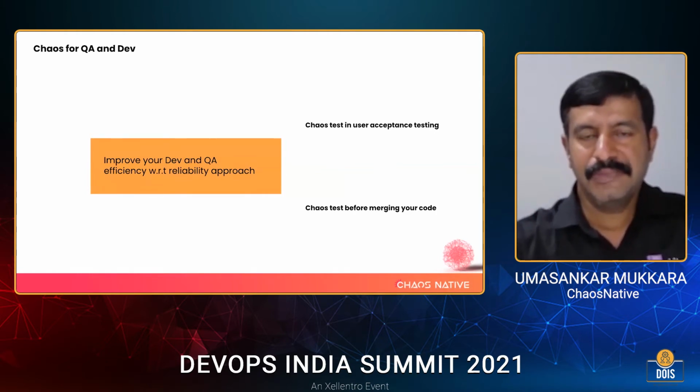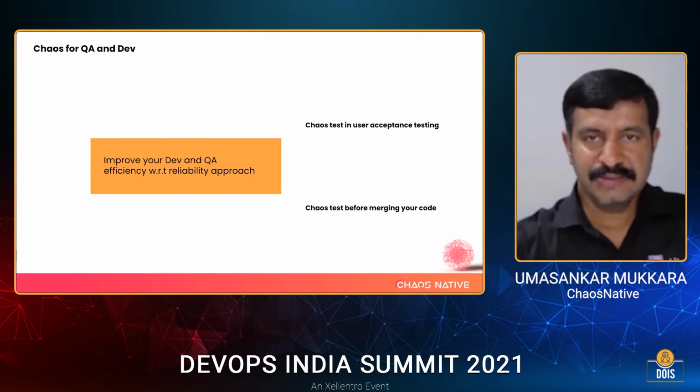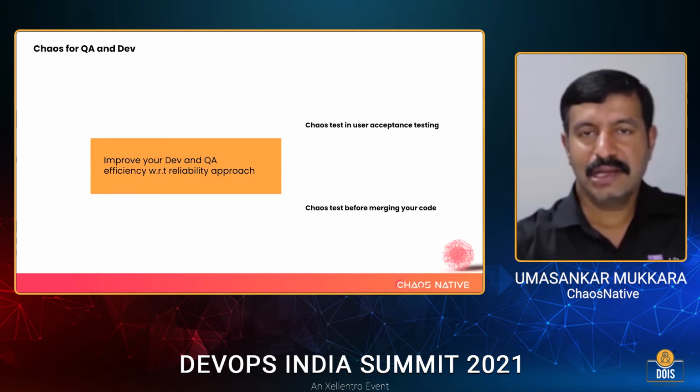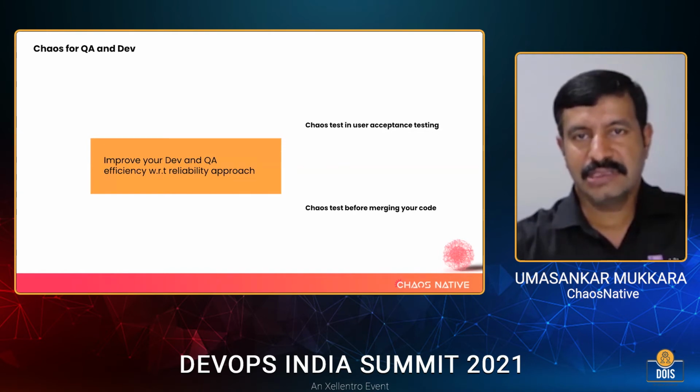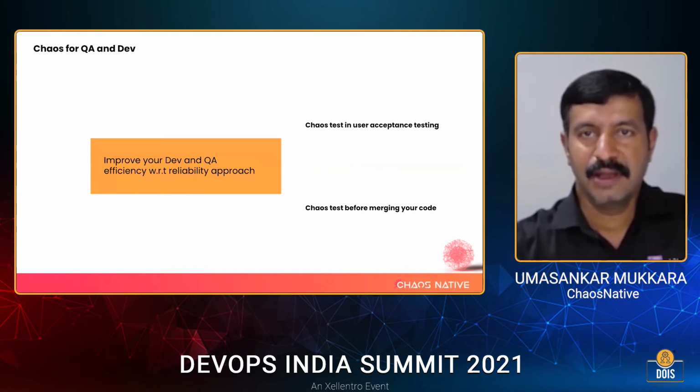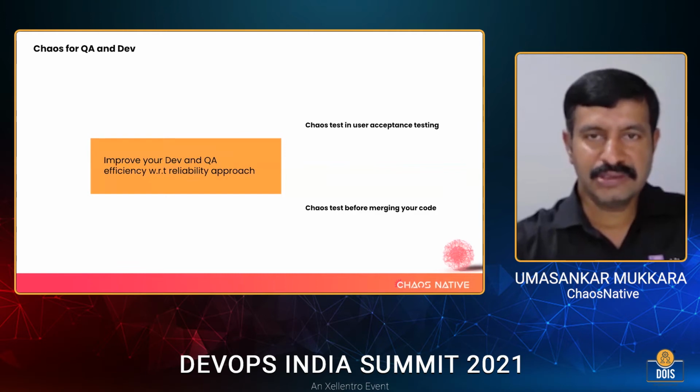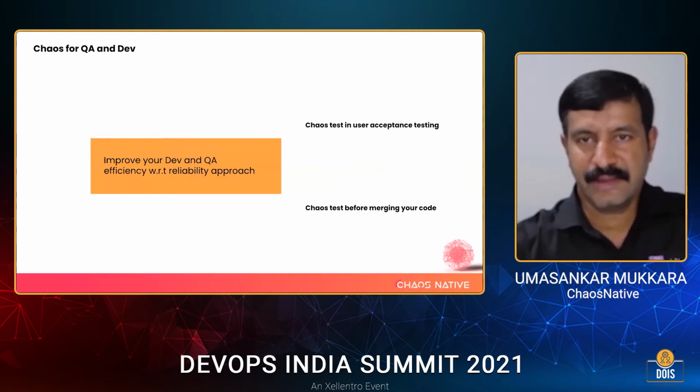But in modern day DevOps or cloud native DevOps, you have microservices that can cause more dependency. A failure in these microservices can cause failure in your own testing, in your code, and you can test that right in your build time, right? So you don't need to wait for QA to come back and see that, hey, your code is not working well when a dependent underlying microservice faulted in some fashion, right?